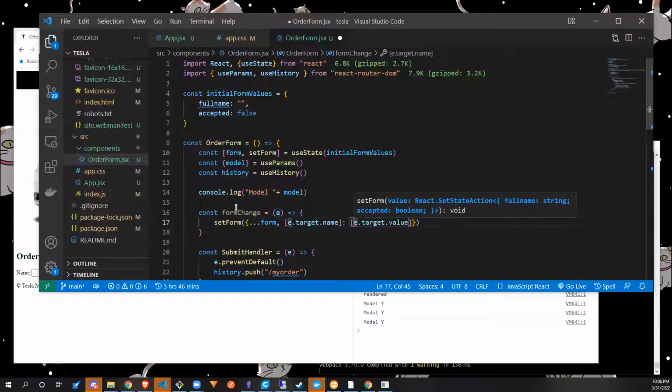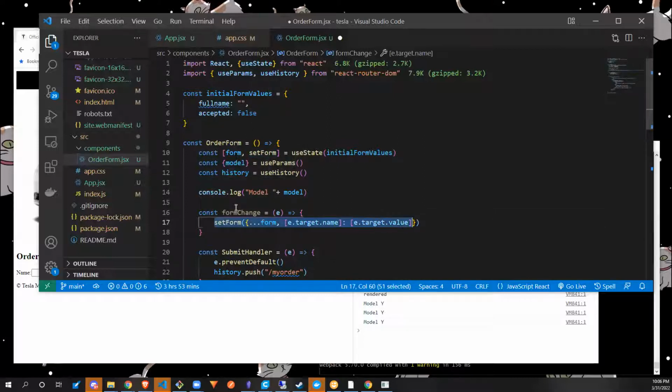So e.target.value is not just the character that you typed in, but also all of the previous characters that you typed in. If you backspace, it'll backspace. If you hit space, it'll hit space. So this will work really well for just